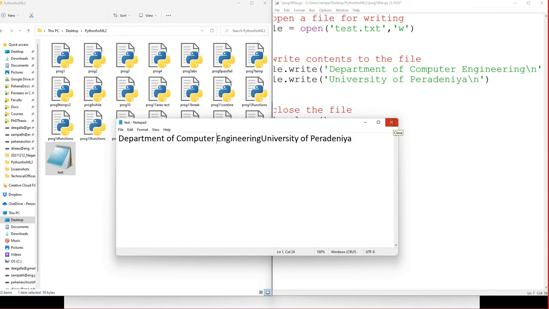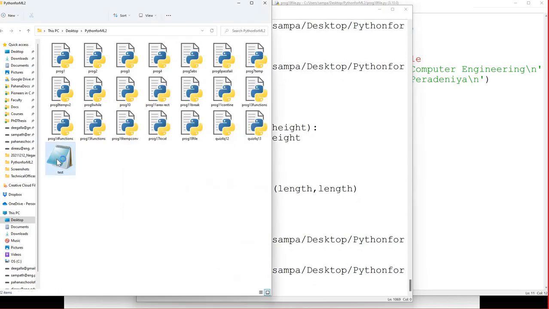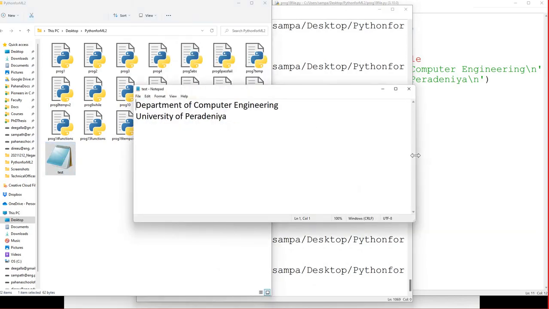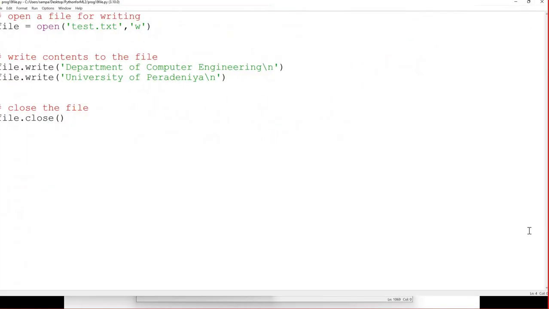So I'm going to close this again. I will rerun this time, run module. What has happened now, you will see it's in 2 lines. Okay, I think we'll try this first and then I'll go to the next one. So here is the complete code